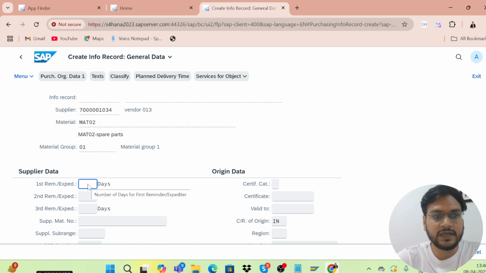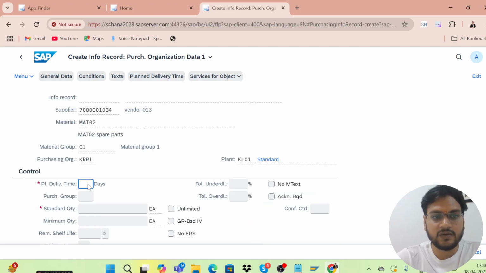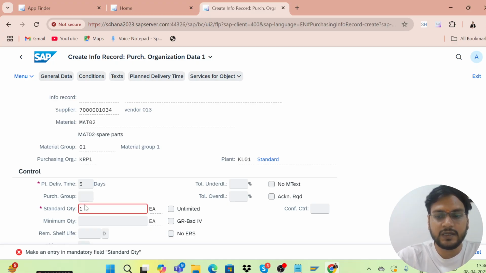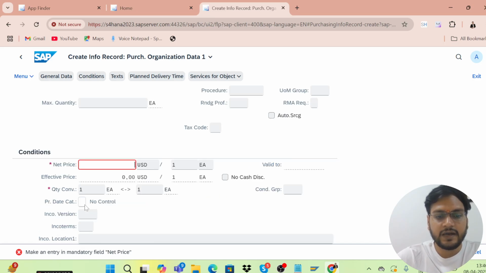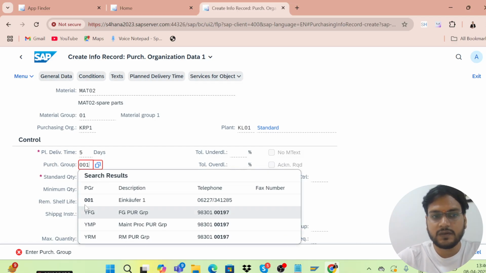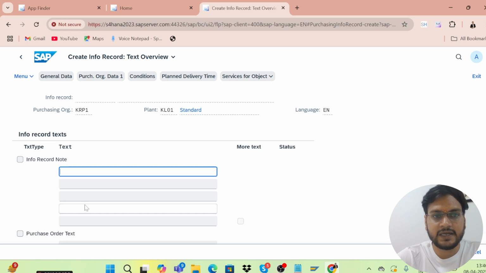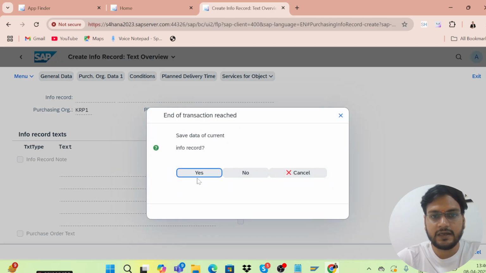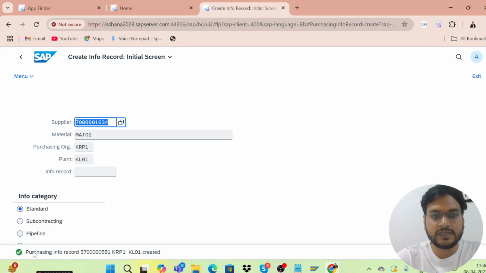Let me give all these details, whatever is mandatory, like delivery date, standard quantity, net price, purchase group. Hit enter and give all these details, hit enter, and let me save it. So I just created purchase info record also.